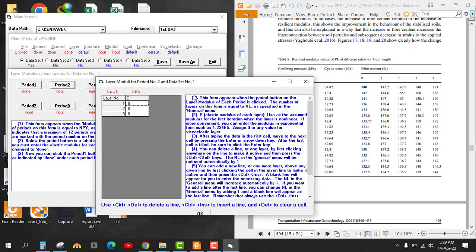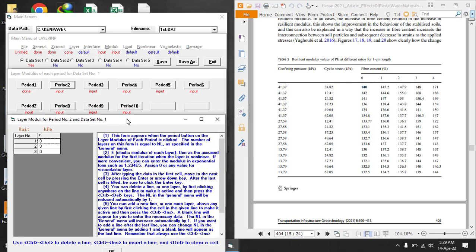Again, changing the fiber content percentage in the subgrade layer does not change the value of the asphalt concrete layer as well as the granular layer. So the E values will stay as they are, that is 4, 0 0 0, and then 2 1 2 3 4 5, and then the subgrade value will change. For 1% we are going now to do,